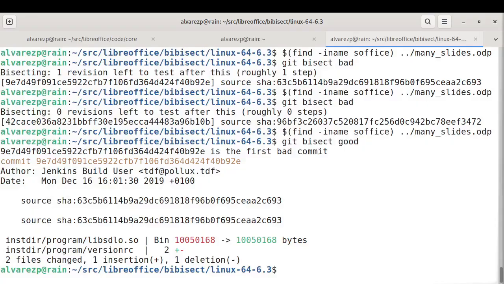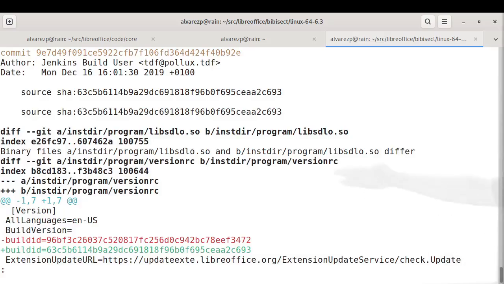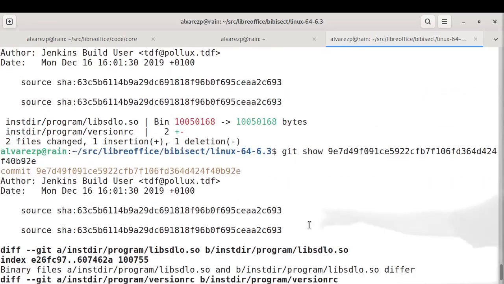All right. I know the commit SHA-1 by now by memory. So we found the first bad commit in the binary repository. The first bad commit in the binary repository is not this one, it is 9E7049. If we do a git show, we're going to get exactly the same thing. You can see that git bisect automatically gave us the description, so we didn't really need to do that git show. And if we go back to the source code,